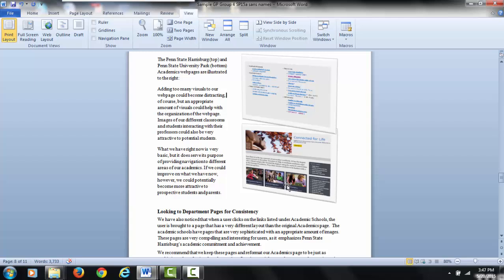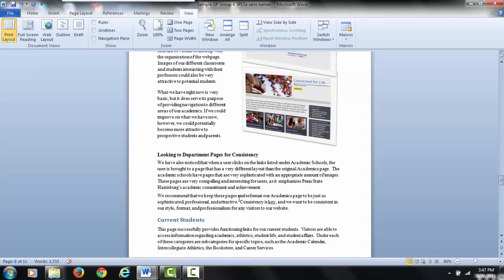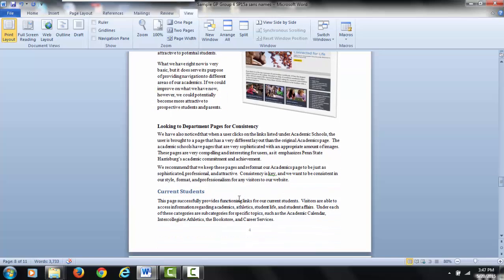The group ends the academic page section with a discussion regarding the consistency of academic pages within the entire campus site and notes the disjointed feel of the site as a whole because of the vast differences visitors are sure to experience if they venture even a little ways through the academic department pages through the links present on the academics page. But before we move on,